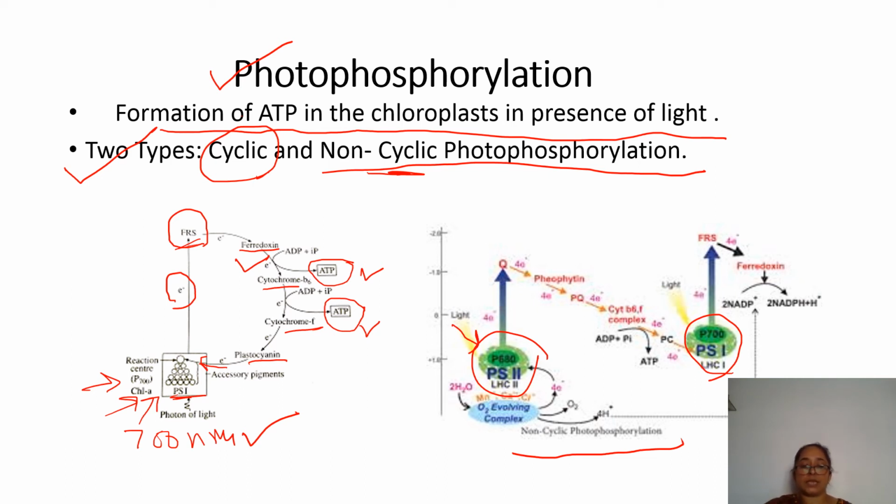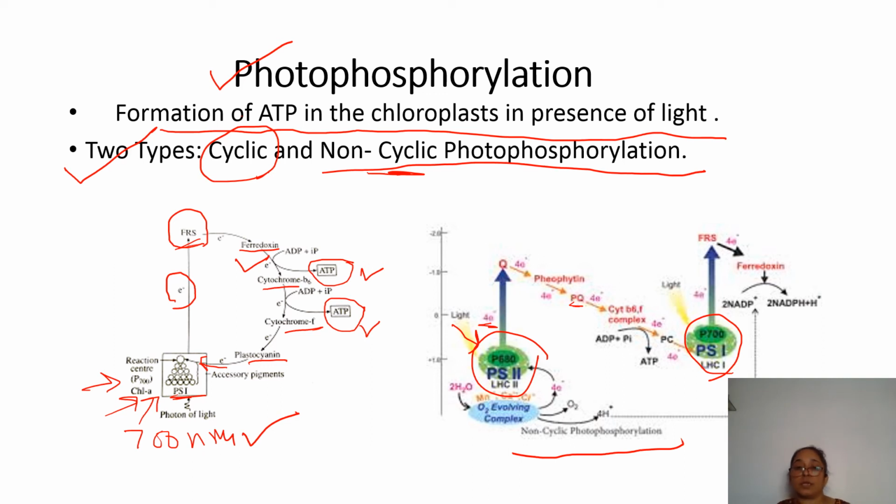And as soon as the light energy is absorbed, the electron is excited. You can see the 4 electrons that are moving out, and that will be accepted by coenzyme quinone, then plastoquinone. Then after that cytochrome B6 and cytochrome F, then plastocyanin. Those 4 electrons are passing, and ultimately the 4 electrons reach photosystem 1, that is of 700